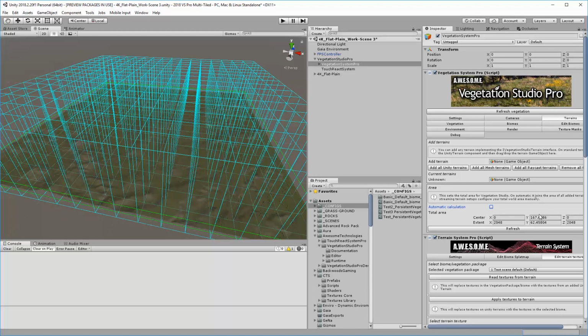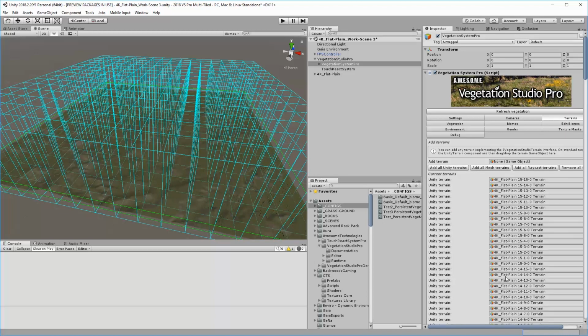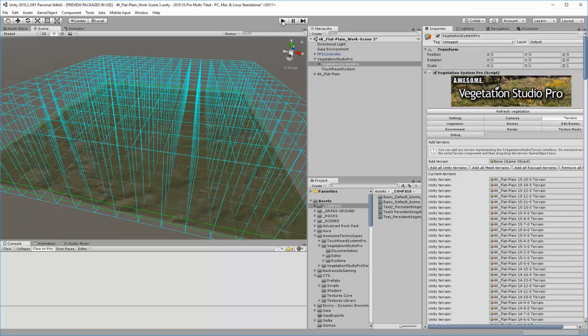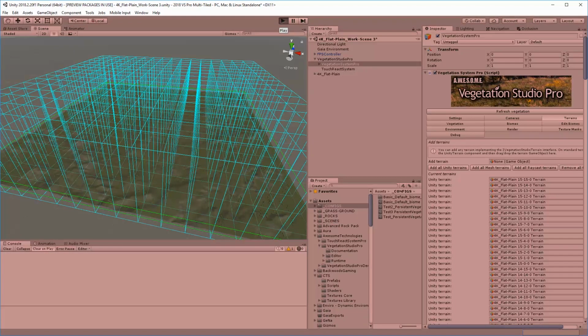So the height, I'm slightly less bothered about. I'll take it that it's guessed correctly, so I just find that I can just untick that and it automatically knows what the right dimensions are. But if it looks wrong, obviously you might have to type in your own. Now if you weren't doing streaming, the next bit you need to do is just add all Unity terrains. You just kind of go, that's it, and it just picks up all of those, and then you're good to go. So if I press play now,